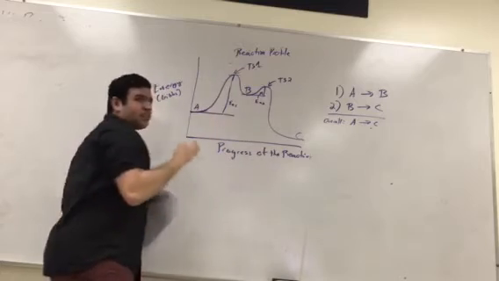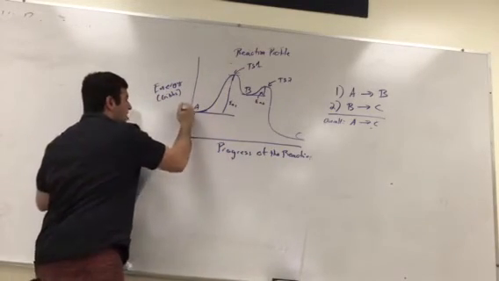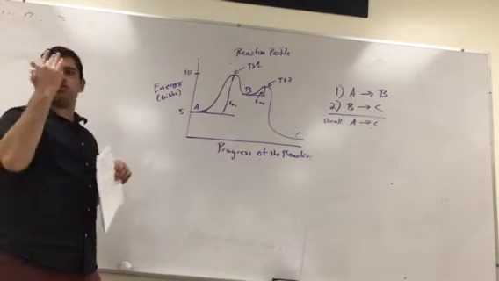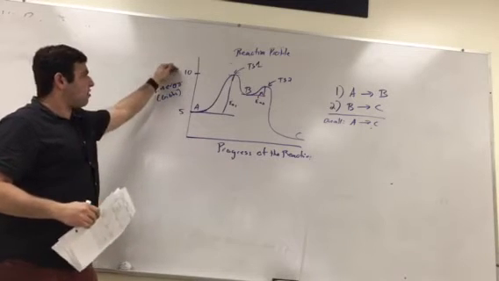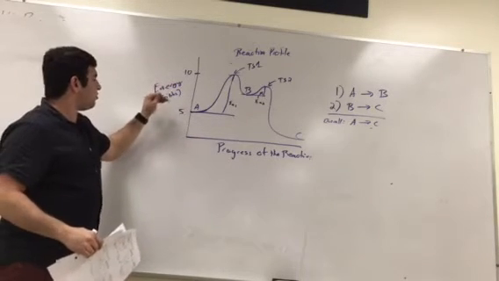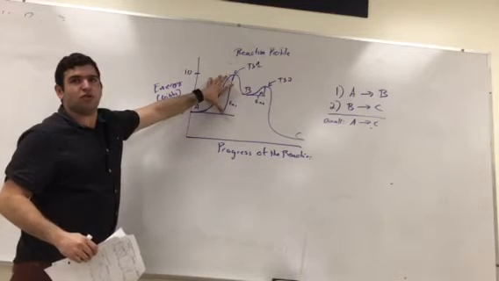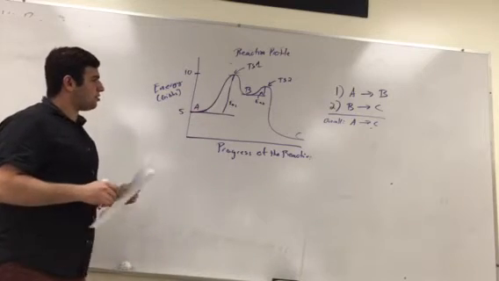Now, if I asked you to calculate the activation energy, if I gave you numbers like 5 and 10, let's say that was joules, what's the activation energy? 5, right? Because it went from 5 to 10, so this is 5 joules. Does that make sense? Okay, so,